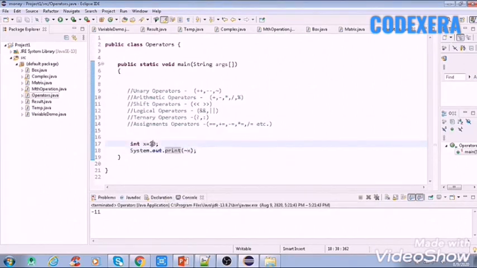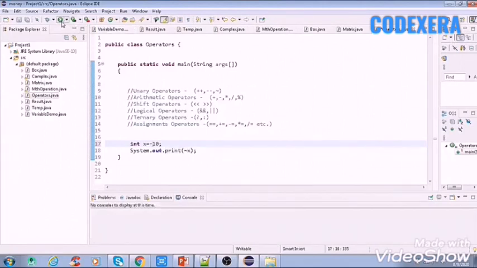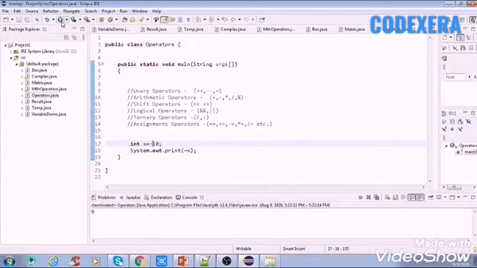If there is a negative sign, then we'll see what will happen. Now here we'll run this, and we are seeing that it is printing the positive of this number, but it is decreasing one value from it, which makes it 9. So this is the use of negation. We can use negation to make any values positive or negative. So this was all about unary operators.